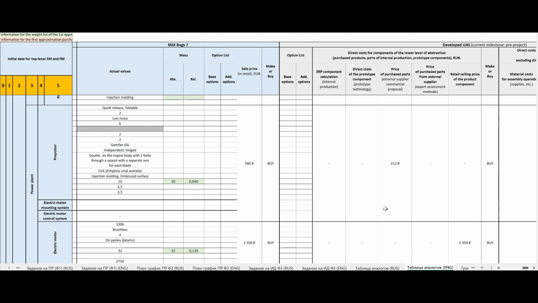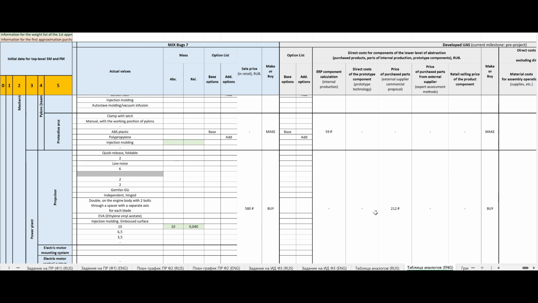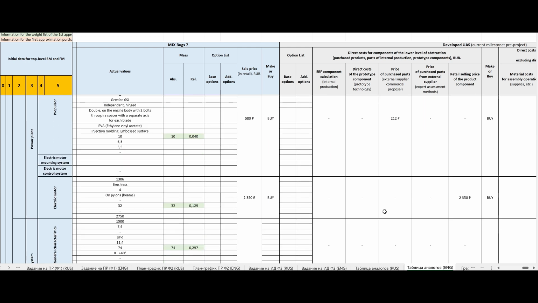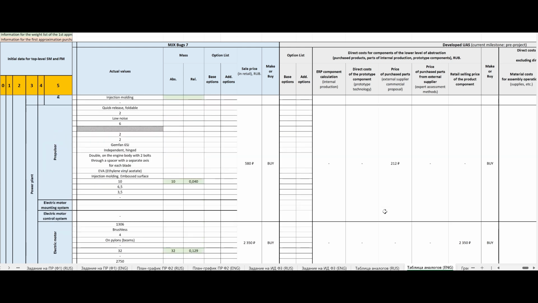Firstly, because they are purchased products, and secondly, since we managed to get a commercial proposal from the supplier on the four propellers, i.e. engines for the prototype, obviously we'll have to buy in the retail network at a price that is in case. Information about the price of this unit in the retail network for the MGX Bug 7 analog was useful to us. The retail price is significantly higher than the price that we could get from a direct